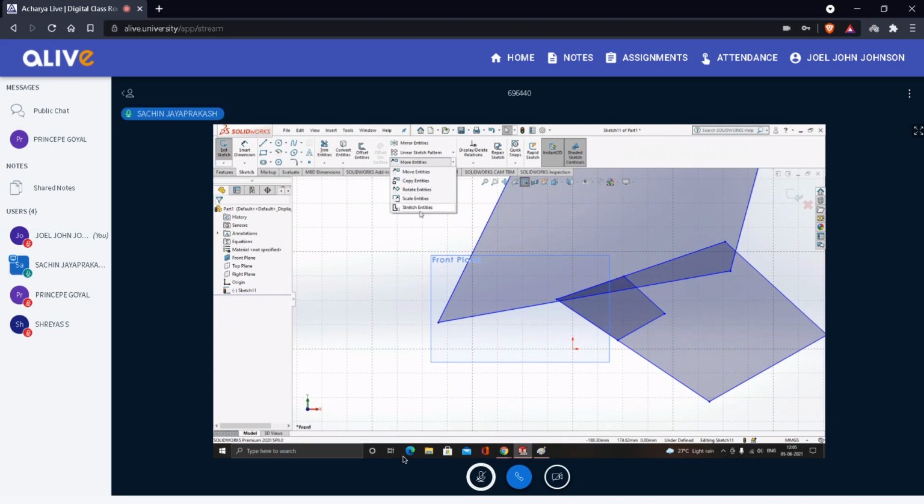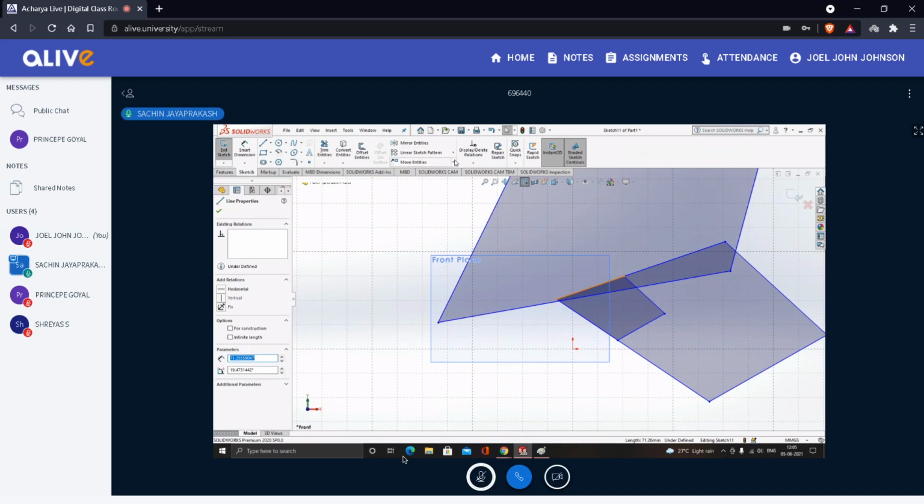Similarly, you can also do it with stretch. So you want to stretch this part, so go here, stretch, and